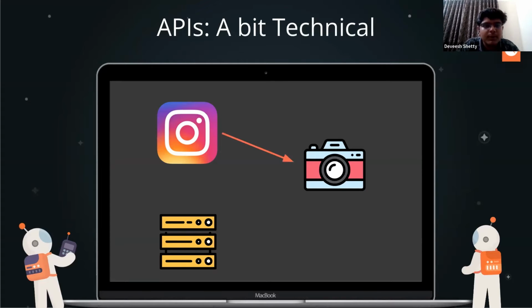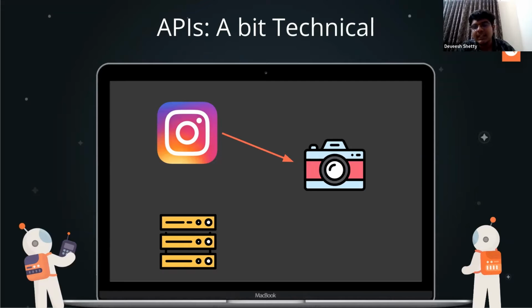How will you click the photo? Instagram hasn't built a software from scratch for clicking the photo. It is using a hardware API, which is provided by the system, your mobile itself. When you first install Instagram, I don't know if you remember or not, it will ask you permission: should I allow Instagram to access camera? At that time, you allow it. So with that, it gets the access to your hardware API of camera.